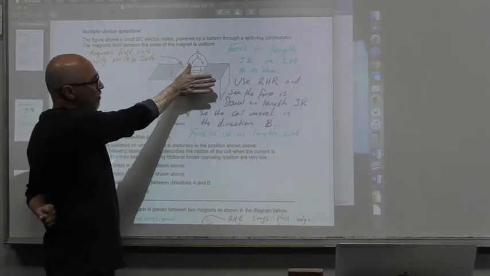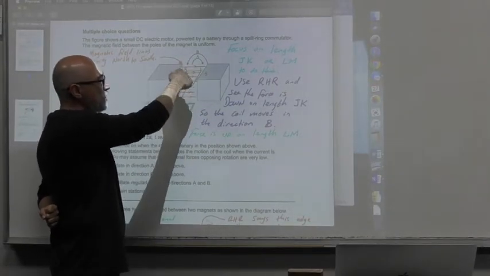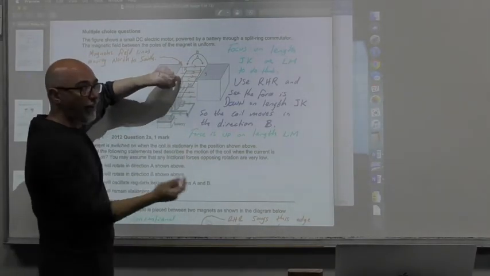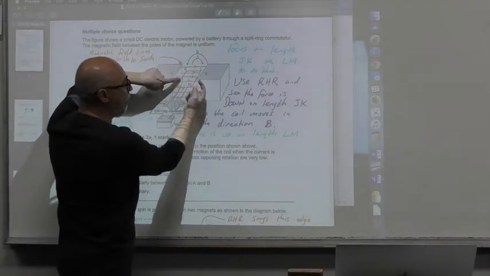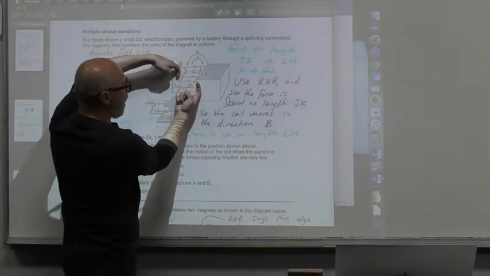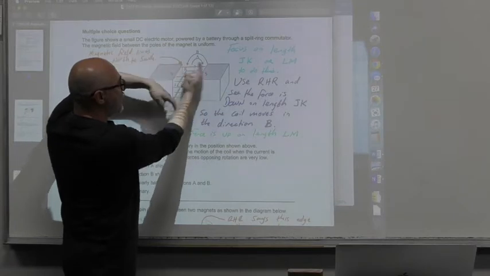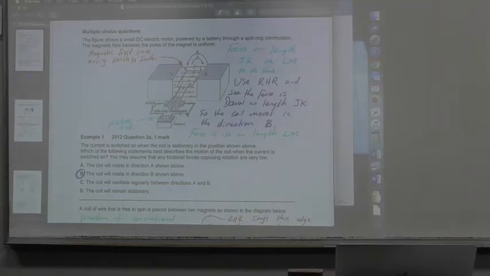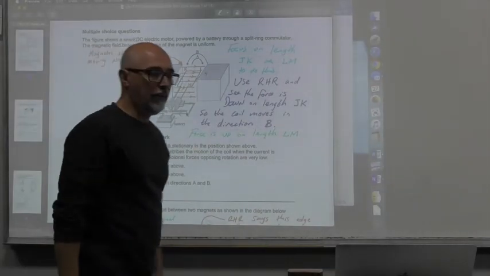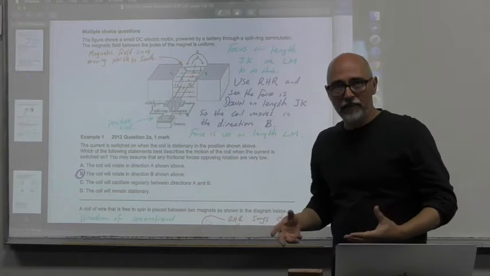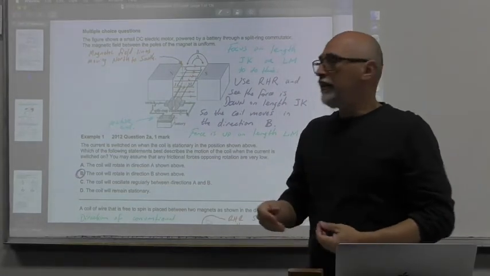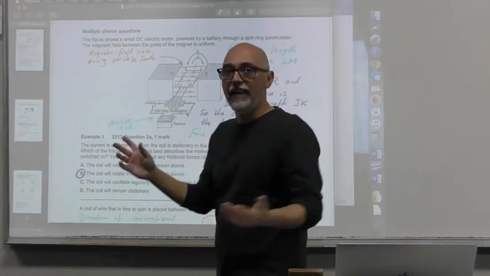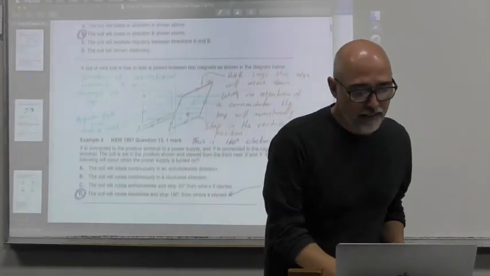And I'm going to do that. My hand lines up with the field, and there's a force down on JK. If there's a force down on JK, I can assume there's a force up on LM. So my loop does that, which is in the direction of B. So, bam, the coil will rotate in direction B, shown above. I'll explain there as well. All right, so that's the process of deciding. Getting to the point where you use the right-hand rule, it's important to make sure you know where everything else is before you do that, okay? So let's see, over here,